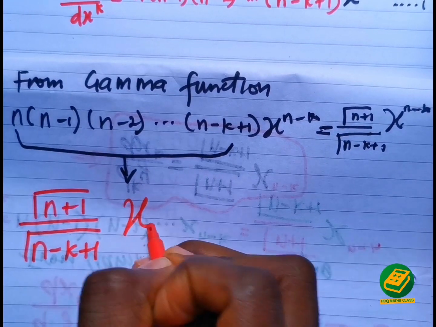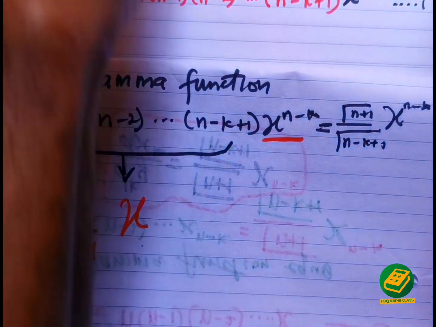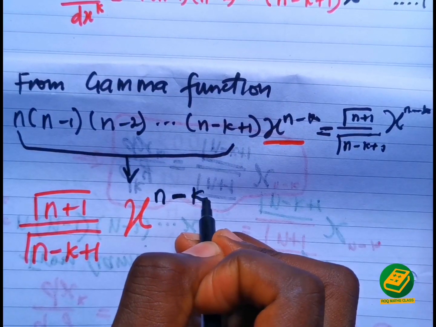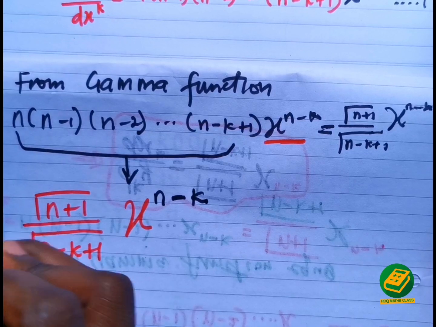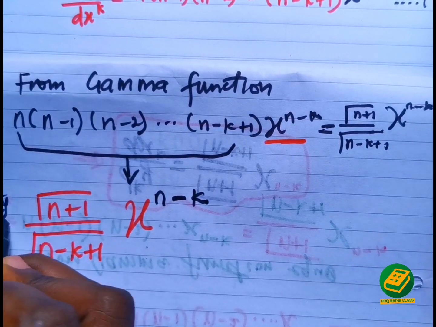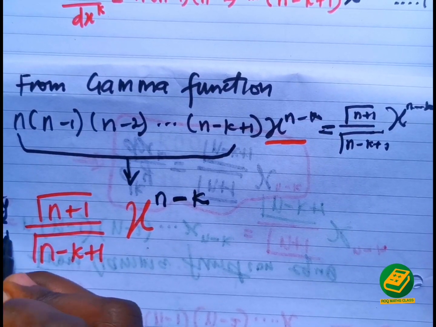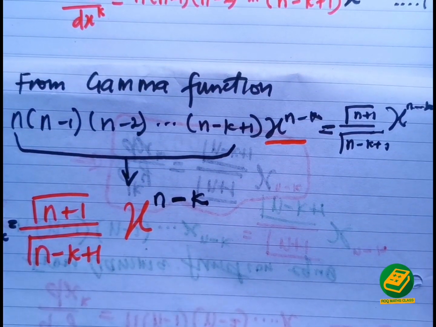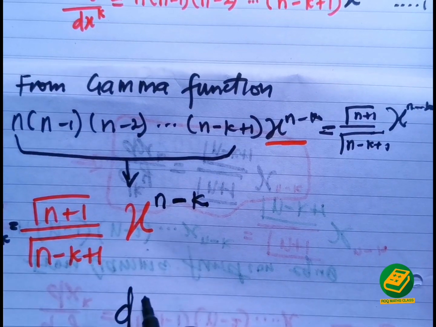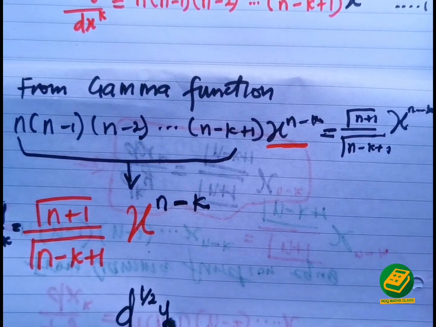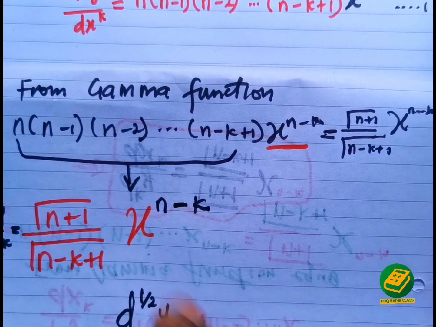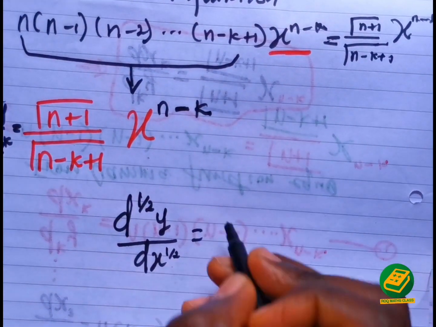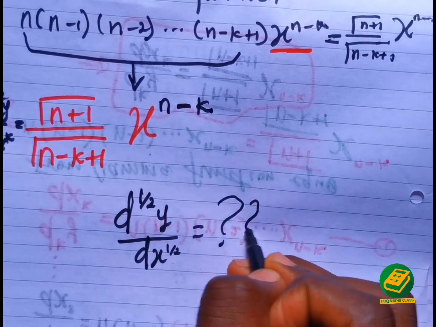Then I have this remaining part, x raised to the power of n minus k, which is the same thing as the derivative of order k. The derivative of order k is equal to this. So in case you are asked to find the half derivative of a particular function, what will you have? This is what we want to discuss in this class